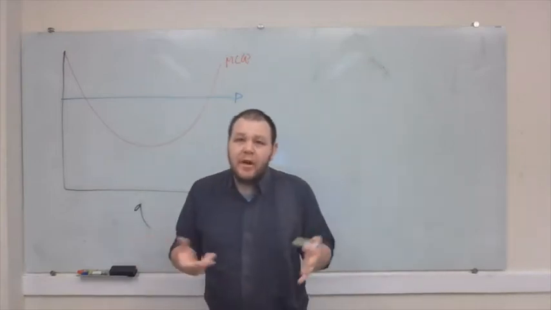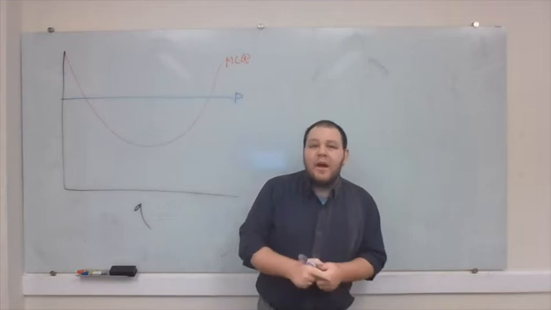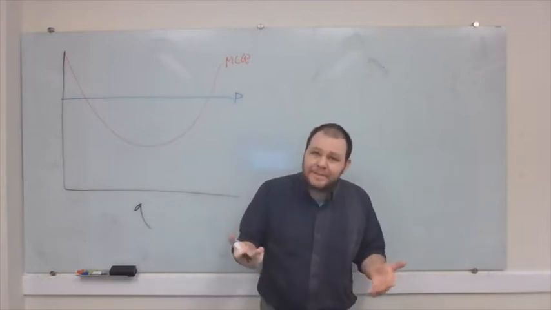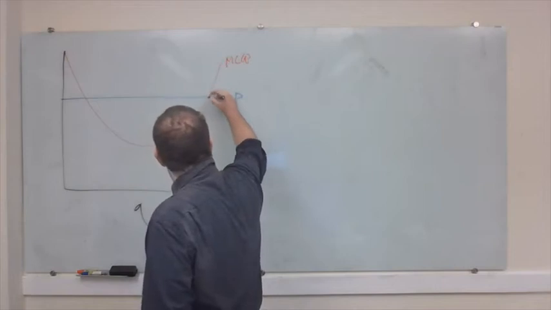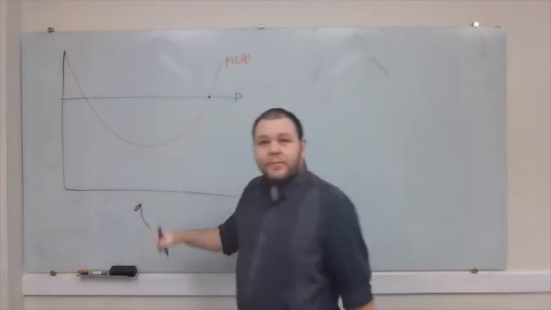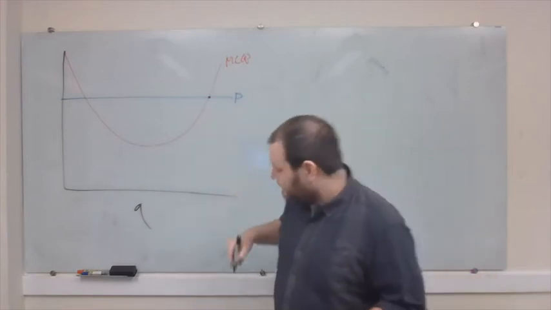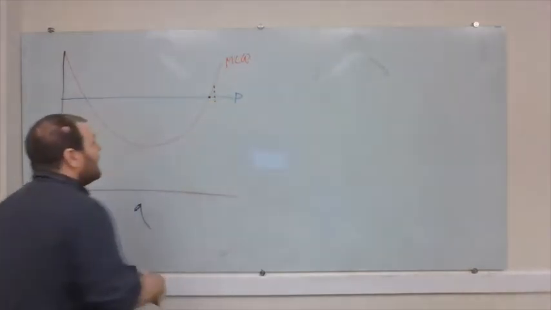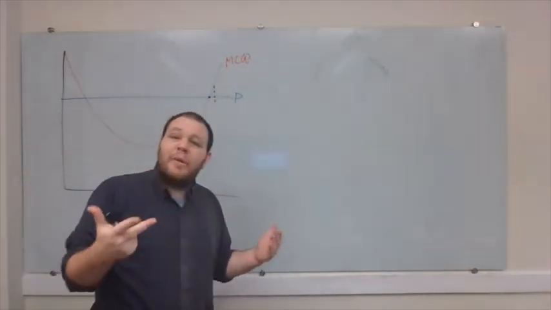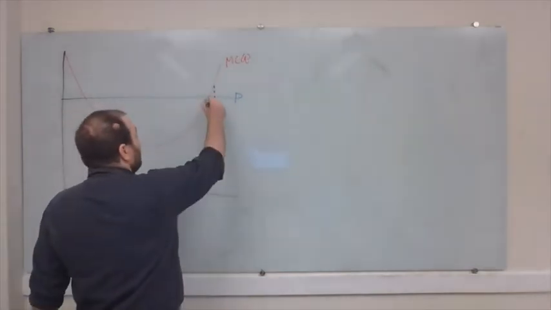So in our last video, we argued that our optimal choice of output, given a cost function and given a price, is going to be the point where price equals marginal cost, and where marginal costs are increasing, a point like this. And the reason we made this argument is because if we produce anything more than this, we would end up making a loss on that last unit that we produced. We'd be losing money by increasing our output,